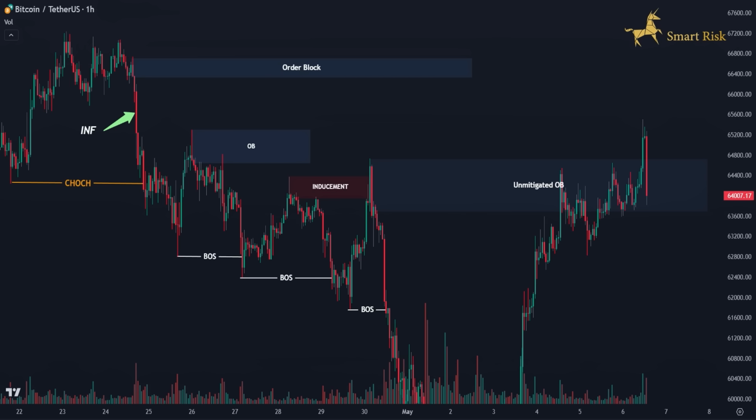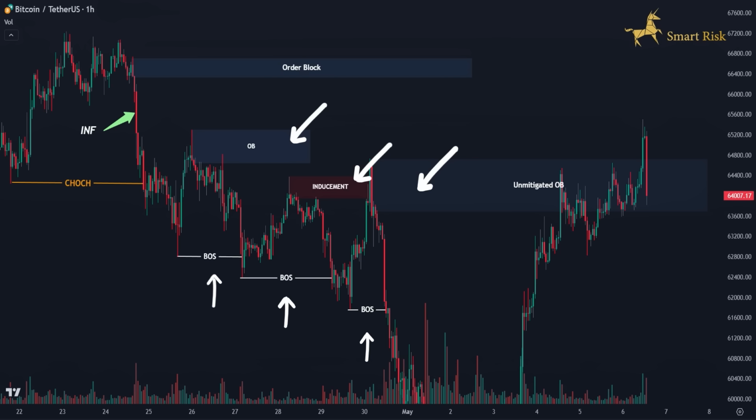As you can see, the price is in a strong downtrend and has created several break of structures to the downside. Looking at the upper part of the chart, we see that the price has broken out of this structure with significant inefficiency, leading to the formation of a fresh and unmitigated order block at the extreme. After a brief retracement, the price resumed its downward movement, forming multiple bearish breaks of structure and generating order blocks